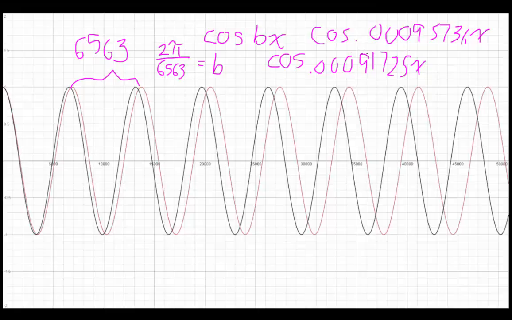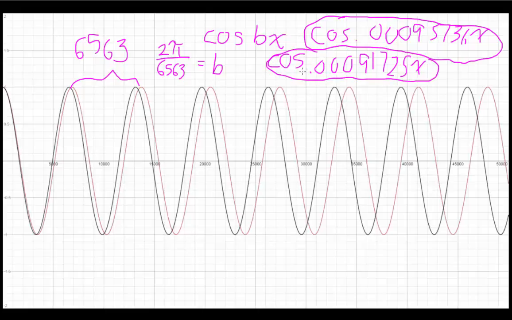So for the redshifted equation, we have cosine of 0.000095736x. That represents the function of the graph for the red graph, and for the non-redshifted one, we have cosine of 0.000911725x. That's rounded, even though to an insanely high decimal place. So this tiny difference can account for a lot as far as redshift goes, but this is just a way we can model it with